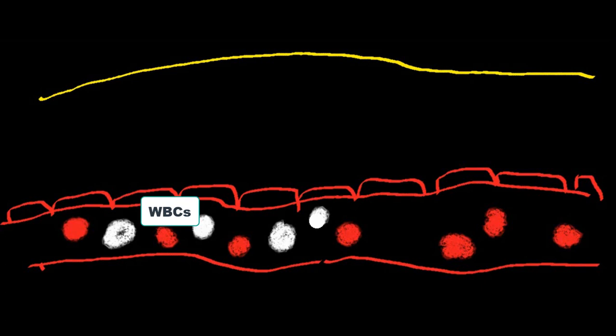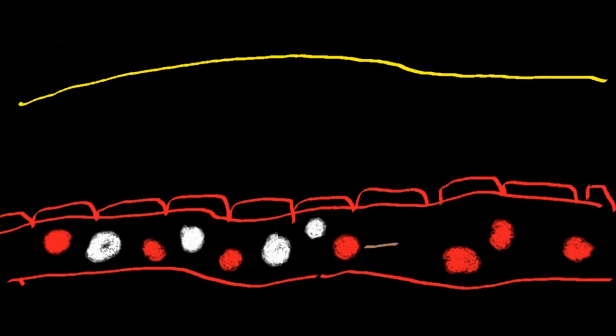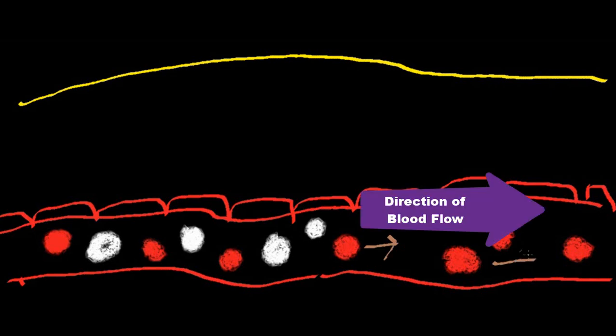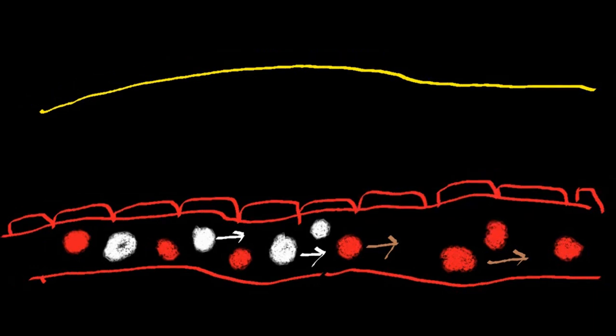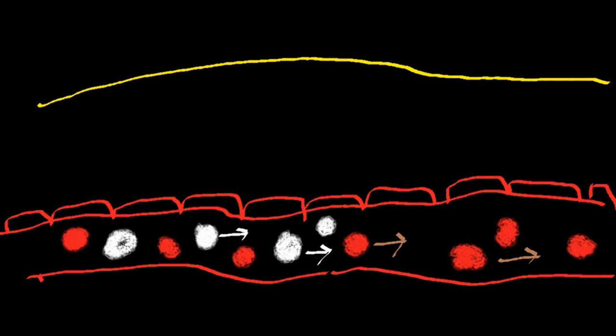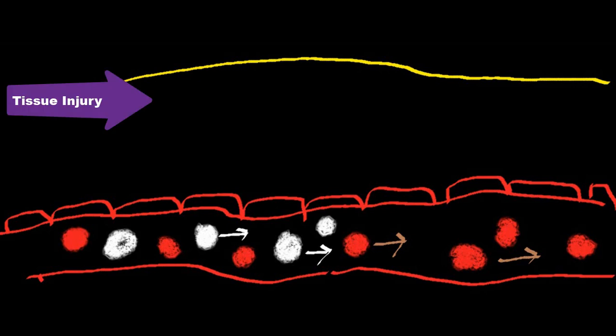So now you can see these cells are flowing in this direction within the capillary। Similarly, WBCs also, they are flowing in this direction। Now this is the normal situation of a tissue in which there is this capillary in which WBCs and RBCs are flowing। Now suppose if there is any injury to this tissue, then what will happen? So now we'll just make an injury to this tissue।